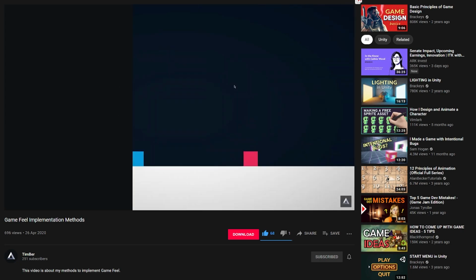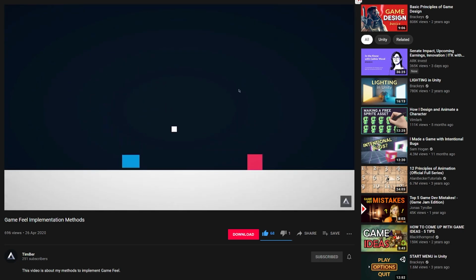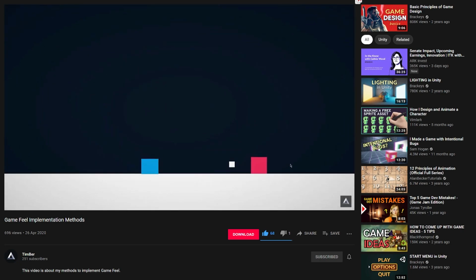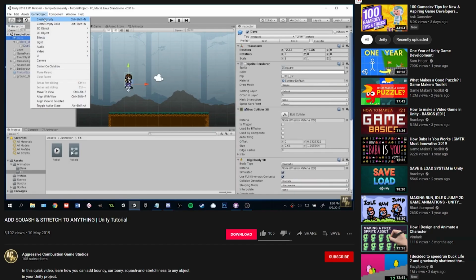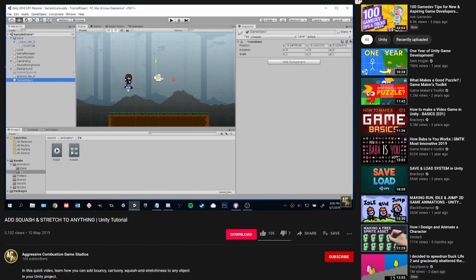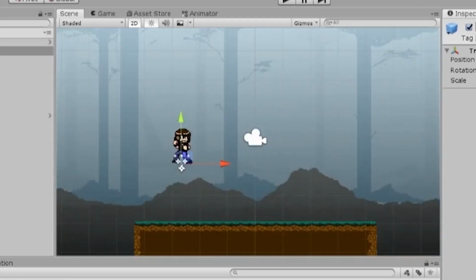I've been watching these videos by Tim Burr, and Tim Burr creates games using geometric shapes and they're quite simplistic. And to enhance the game feel, here he's using a squash and stretch on the square. I don't really know how to go about doing this for myself, but I found this tutorial by Aggressive Combustion Game Studios that showed me that you can put the sprite renderer on a separate game object and scale that